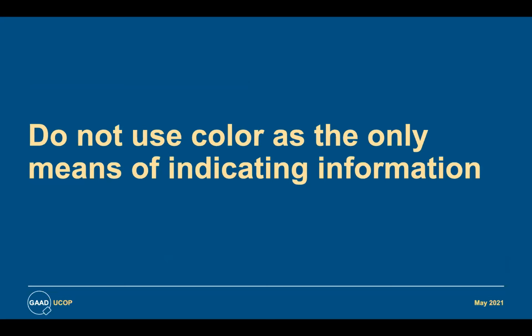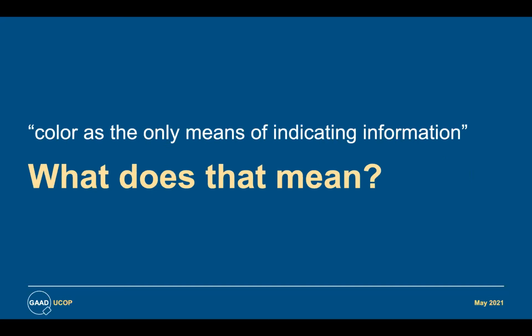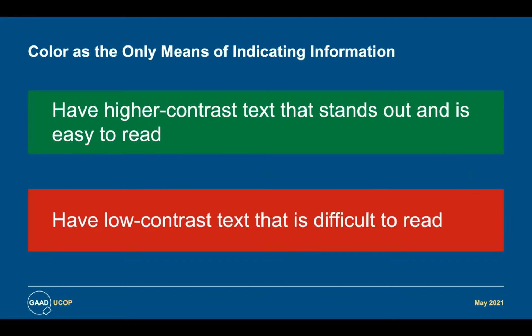Another simple thing you can do is to not use color as the only means of indicating information. What does that mean? Let's go back to our color contrast guidelines. In this example, the Do guideline for have higher contrast text that stands out and is easy to read is shown on green, versus the Do Not guideline for have low contrast text that's difficult to read is shown on